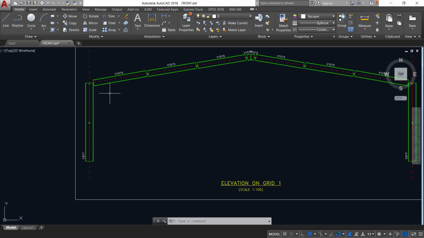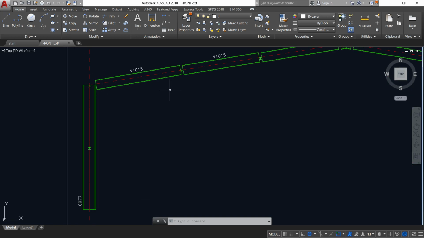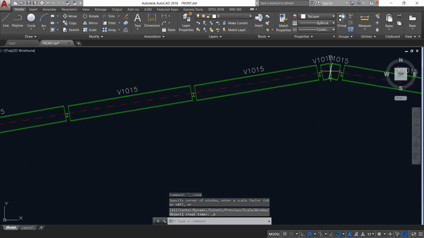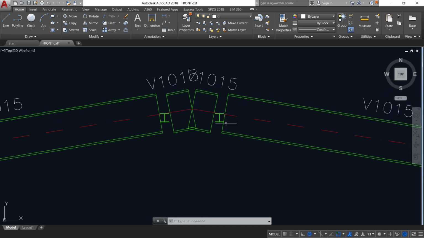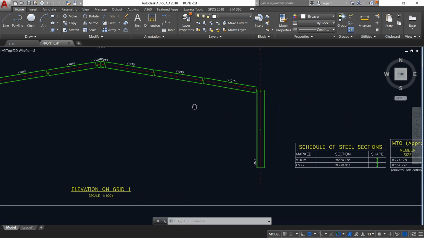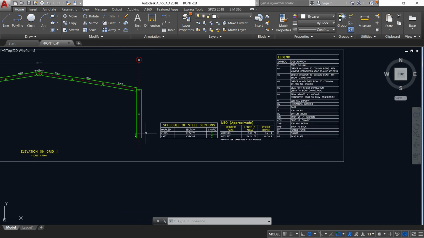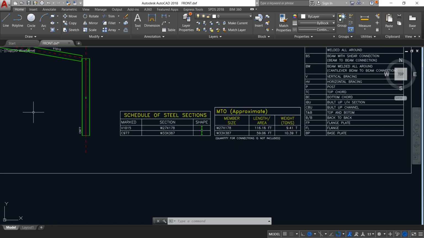Now this drawing is not, I can say, IFC drawing level. You have to do some fine tuning. For example, you have to define the joints over here, so you have to rectify, and at this level also you have to define the joints, and here at the apex you have to define the joints properly. So you have to edit. It's not like a drawing which is generated and it can be released. No. And of course the base plate etc. is not part of this presentation. Quantity for connection is not included, so there is nothing shown over here. That's why it's not included.